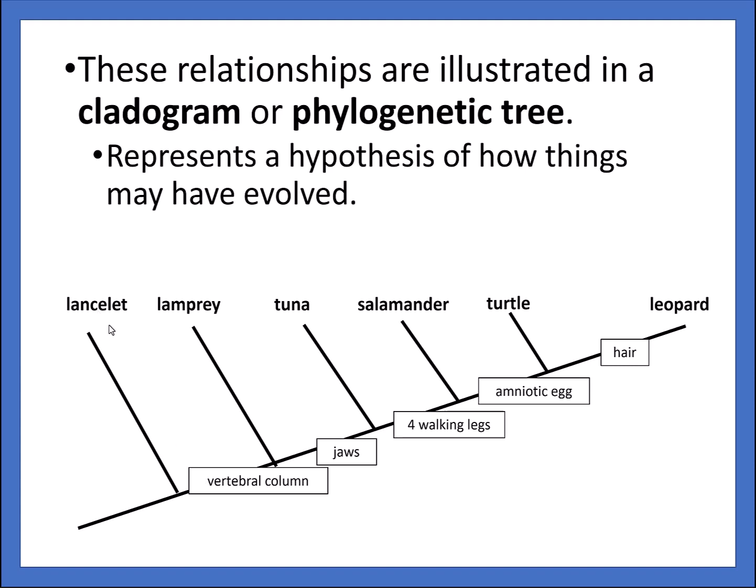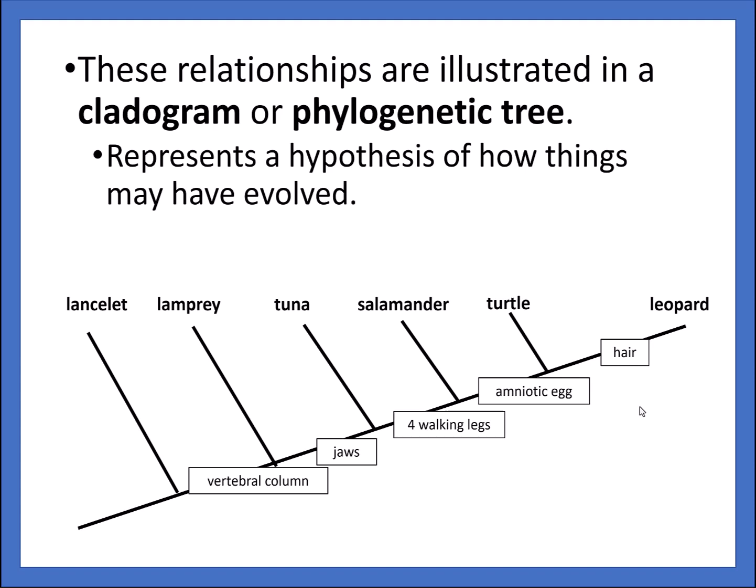So the lancelet is the only organism in this grouping that doesn't have a vertebral column. And so we put that after that lancelet grouping. And then the lamprey does have a vertebral column, but it doesn't have jaws. So we're going to put it here on its own branch. And continuing on here, the tuna does have jaws and a vertebral column, but it doesn't have 4 walking legs,